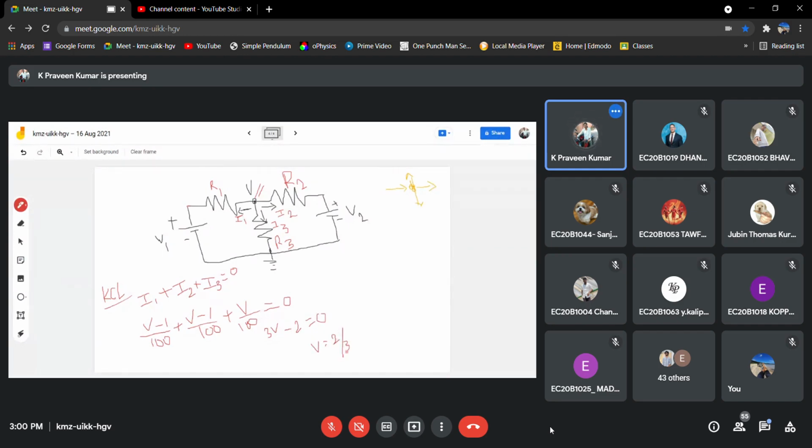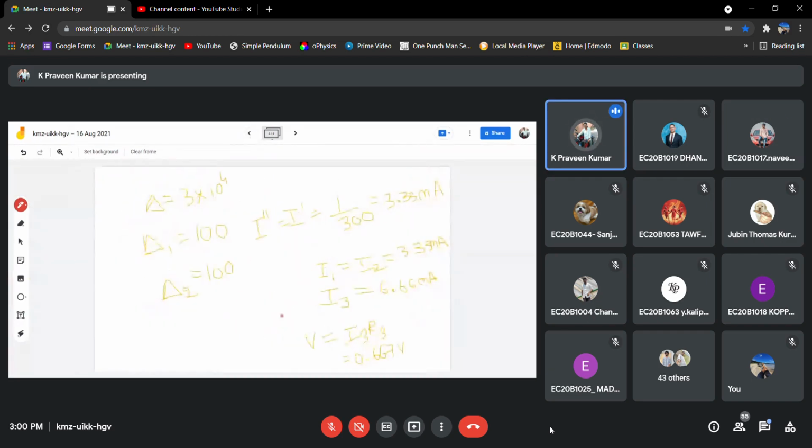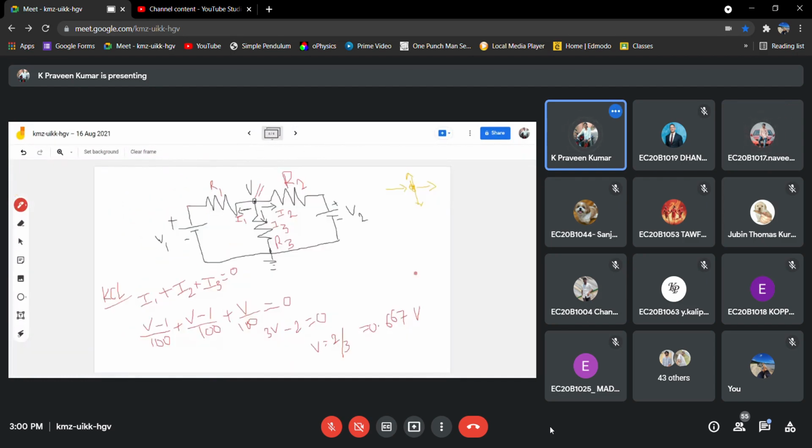So again we got this value as 0.667 volt. Even with KVL we observed that the node voltage is 0.667, and with KCL we also got the node voltage as 0.667. Just substitute this value into (V minus 1) by 100, (V minus 1) by 100 and V by 100, and we'll get all the currents.